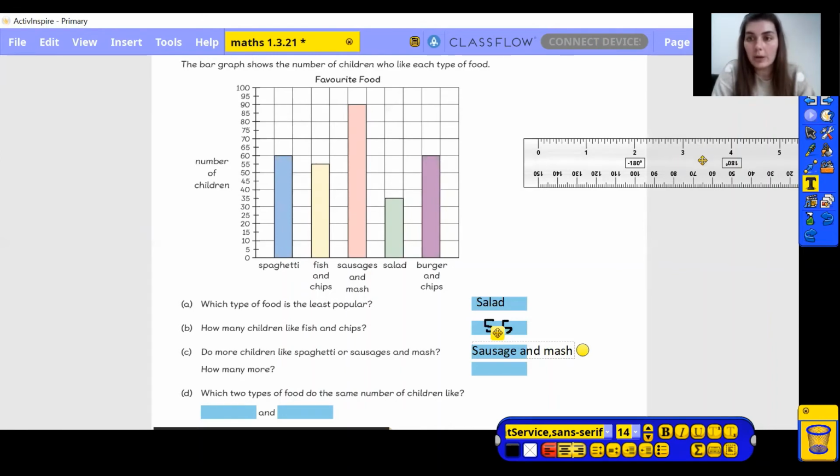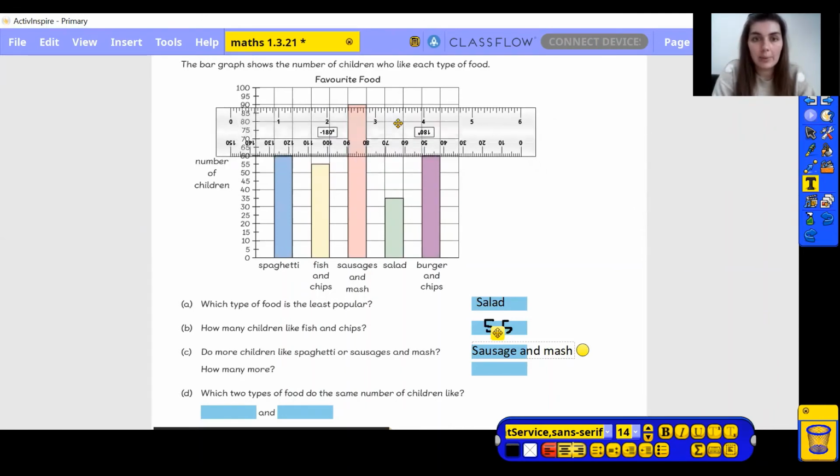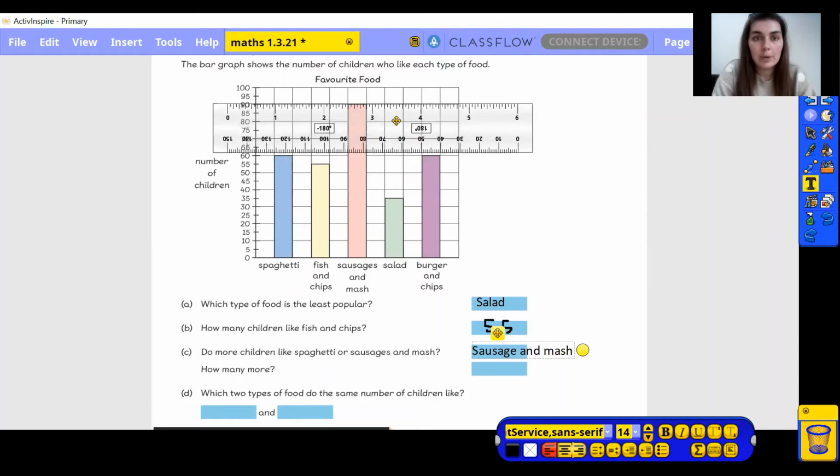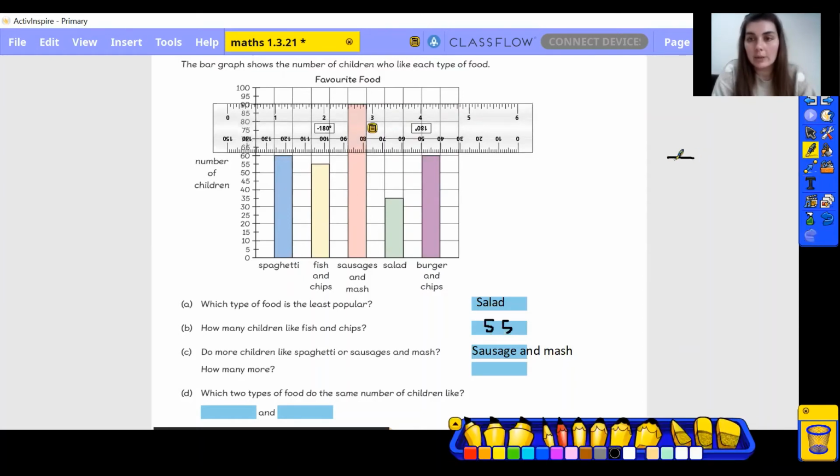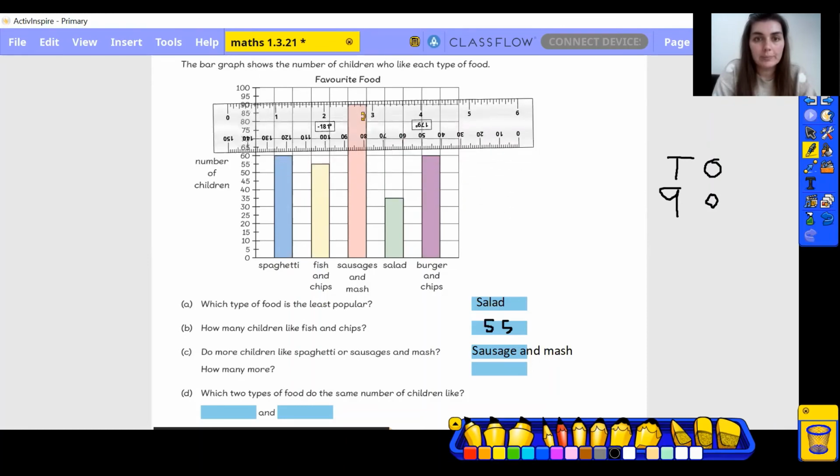So I'm going to use my ruler to line up with the sausage and mash bar. So 90 children, I'm going to use my tens and ones heading and my column method. 90 children liked sausage and mash, and then